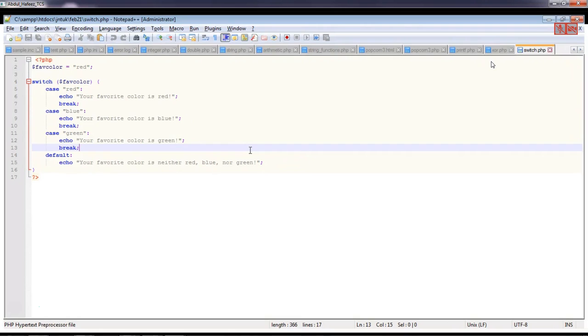If yes, then it's going to get into the block, and it's going to match the value of that variable with the cases defined. We have a case for the red value, and it's going to print your favorite color is red. In case of blue, it's going to print your favorite color is blue. In case of green, it's going to print your favorite color is green. And as we have seen in the slide, if there is no match to that variable value,